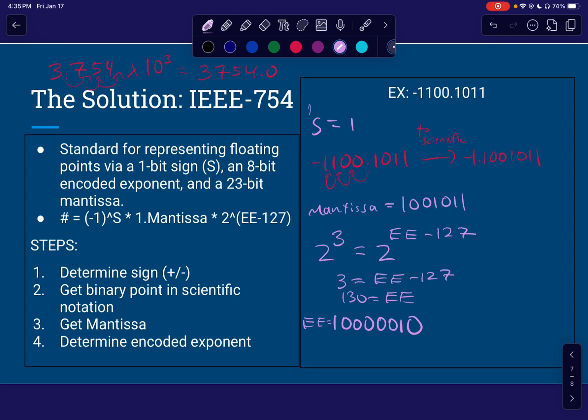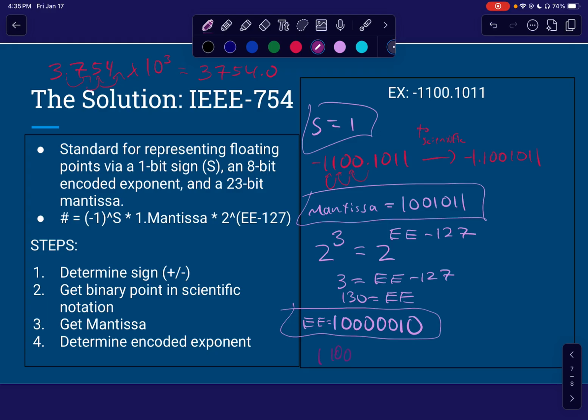And so there you go. We have sign, we have the mantissa, and we have the encoded exponent. Last thing to do is we just put them all together for a final answer. And so sign comes first, followed by the encoded exponent, excuse me. 1, 0, 0, 0, 0, 0, 1, 0. And then we have our mantissa, which is going to be 23 bits. I would really rather not write all of that out. So I'm going to do this, this, this, this, and then we'll say the rest of these will be zeros. All right. So that is how we would get a string of 32 bits to represent that number that we started with, which was negative